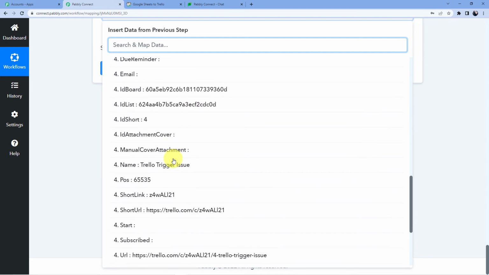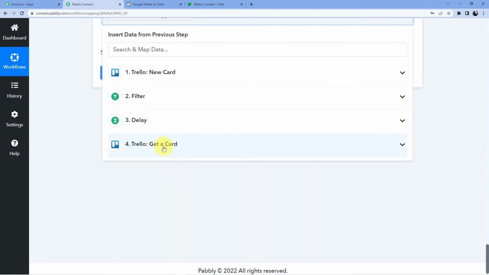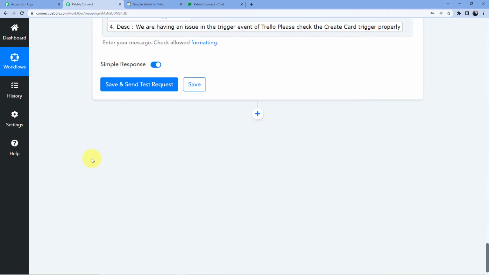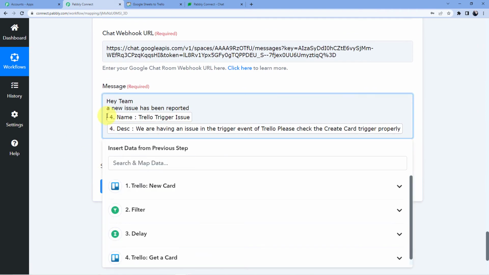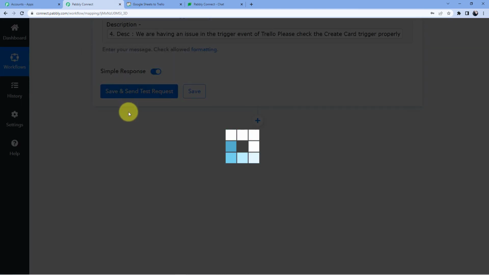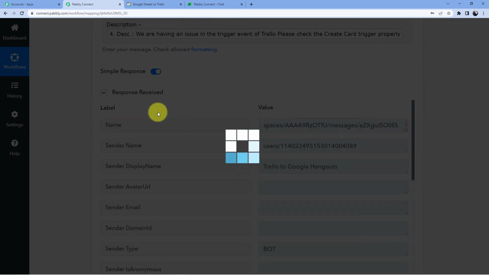So the title is Trello trigger issue, and then I am just going to map in the description, and description is we are having an issue. So here I'll just go and write title, and here I will just write description.